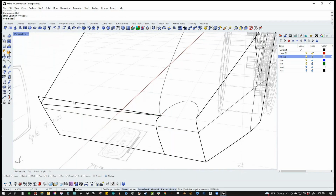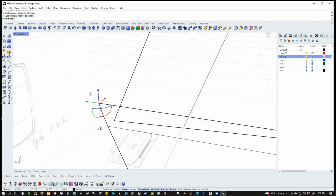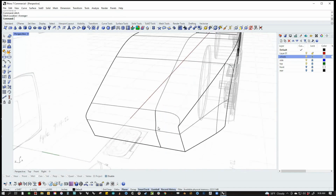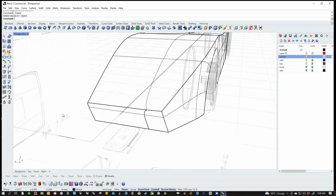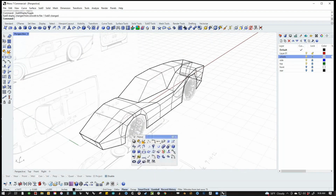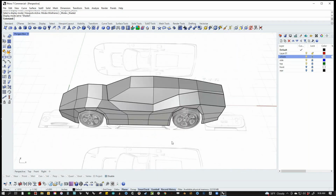Any questions so far? That one. This one. This one. And I'm going to crease this edge, and crease that one. So now we've got our basic layout. And if we mirror this,